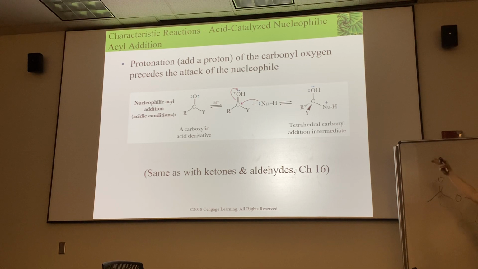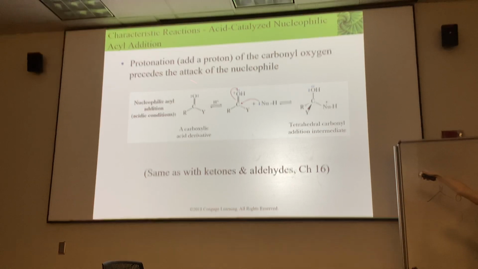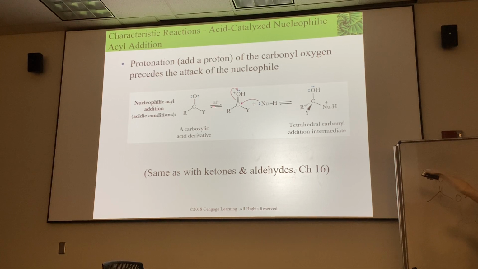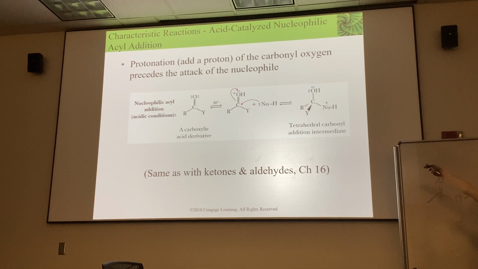I hate that they're lazy with this. You need to show me your protonation step, like with a little hydrogen, and all I had to do was draw a little arrow right there. And then they would have actually been showing it, but no. But in acidic conditions,